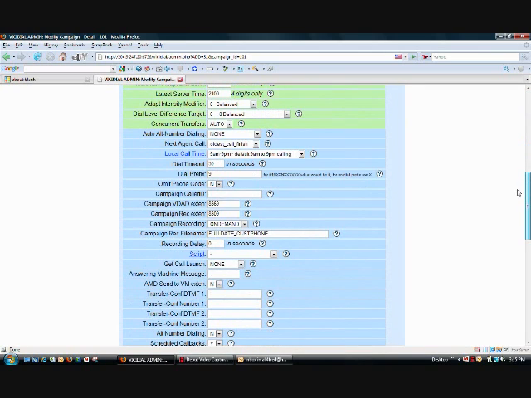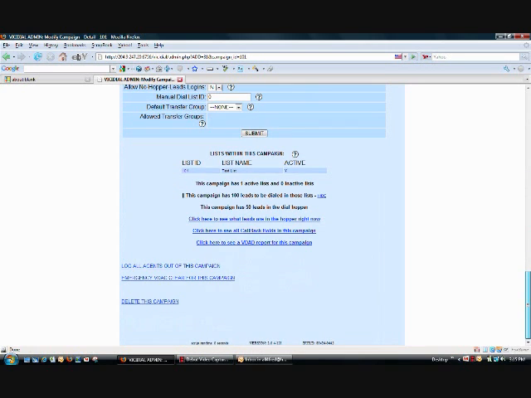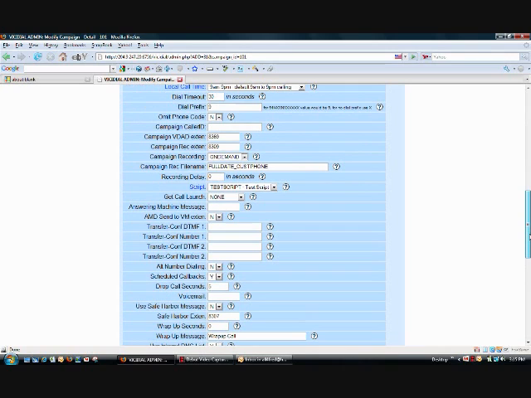So I scroll down to where it says script, and now I choose the script that we've just created, called test script. Now that I choose that, I can simply hit submit at the bottom, and it'll automatically be active. Now you have another option here as far as get call launch. If you remember that from our campaign video, we have the option of choosing scripts as the get call launch, which means that as soon as the call is initiated or established, rather, it'll actually pop up the script. It'll show you the pitch window so they can actually start pitching right from the screen that will pop up